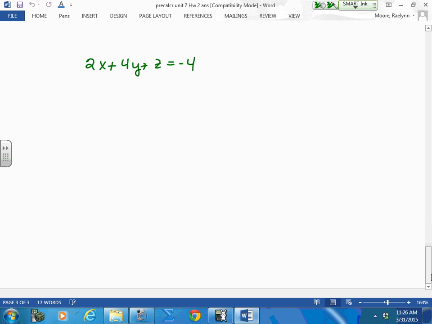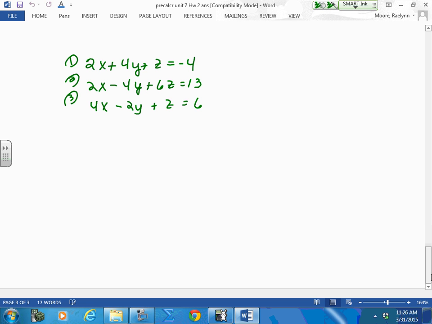Label them 1, 2, 3, so that we both know what we're talking about here. Do I have them right? I'm going to go through the whole thing and miss a sign here. All right, now,